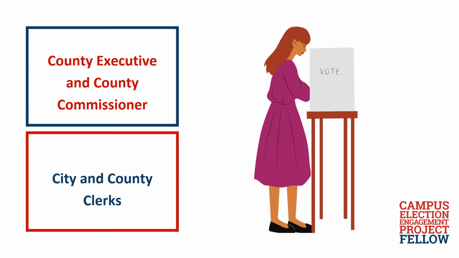recording minutes, setting the agenda, and handling administrative tasks for the commissioners. The county clerk may also be responsible for overseeing county records. This would be records like birth and death certificates, marriage certificates, and property deeds. The county clerk is an elected position in 24 states.